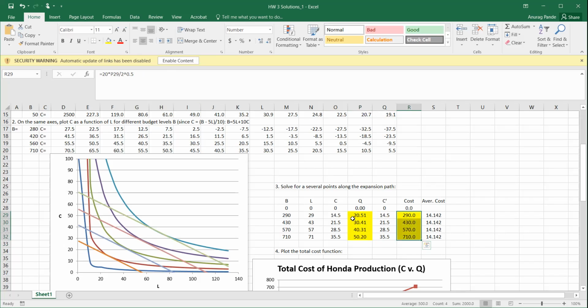So once you plot these two things out, in this case, your budget becomes your total cost. And then based on that, you can figure out how many quantities of Honda Civics you will be able to produce. And then you could chart those two columns out. You can even chart the budget column. It's the same thing as cost, right? Because you're essentially figuring out